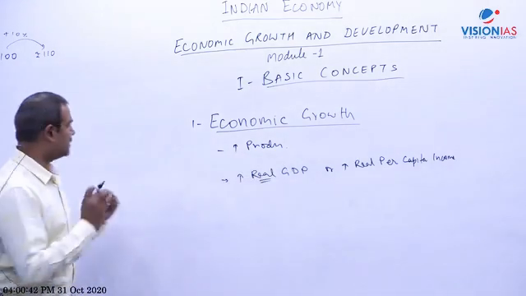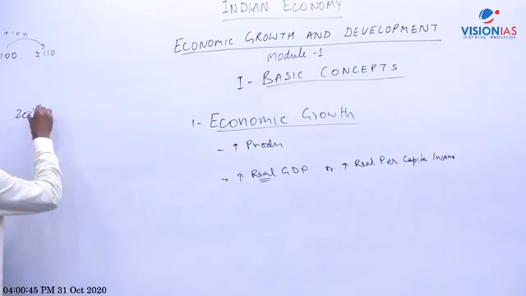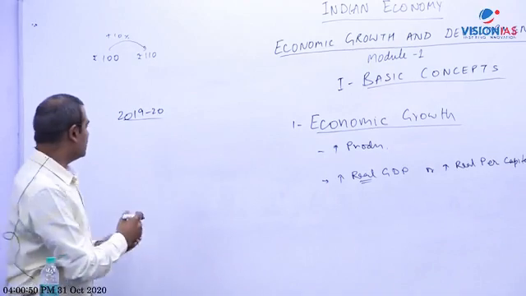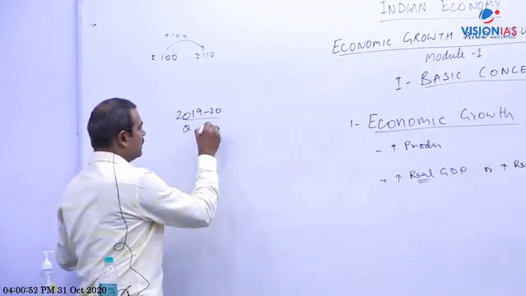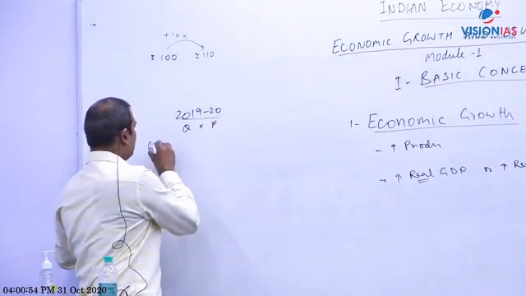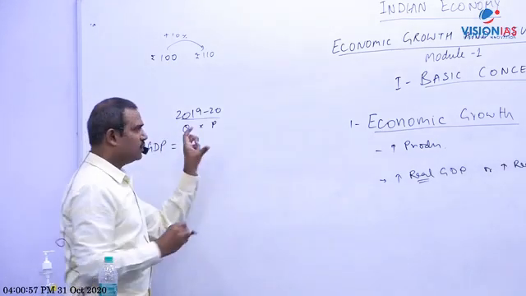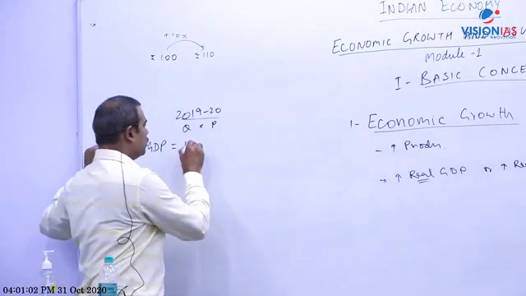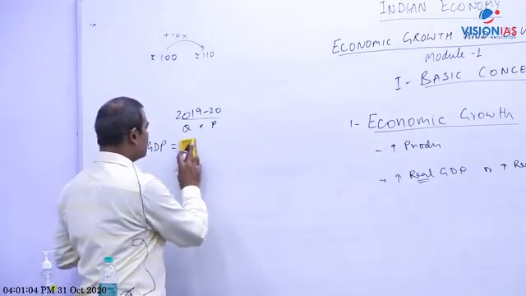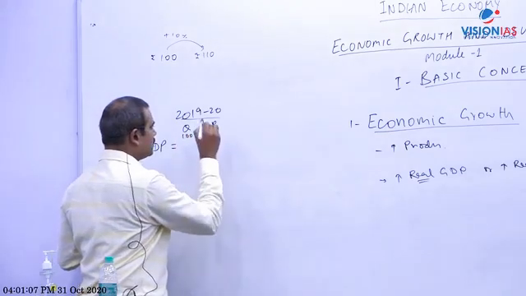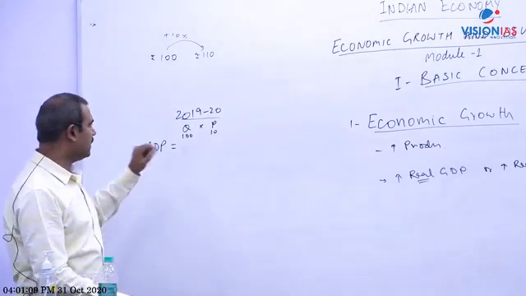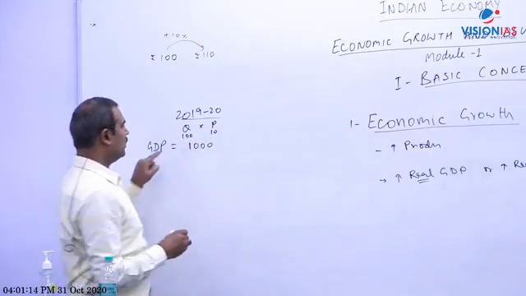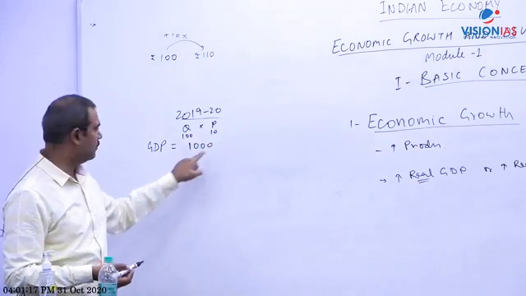So for example, last year means 2019-20. Okay, now the current financial year is 2021. So in this year, just write down one example, quantity produced multiplied by price. So how much will be GDP? Okay, so write it down exactly so that you will understand this concept. Let us suppose last year we produced 100 goods. The quantity produced last year is 100 and price was 10 rupees. So how much will be our GDP last year? 1000. Okay, so 100 into 10, 1000 rupees.